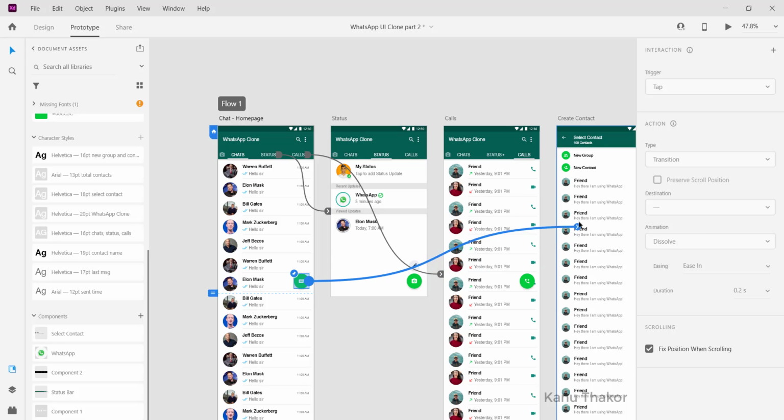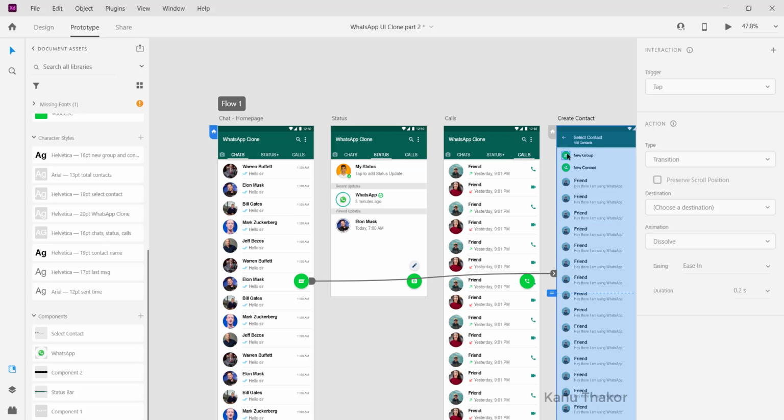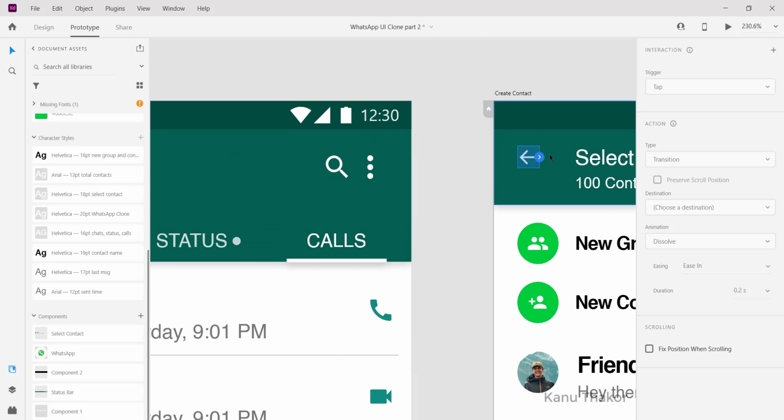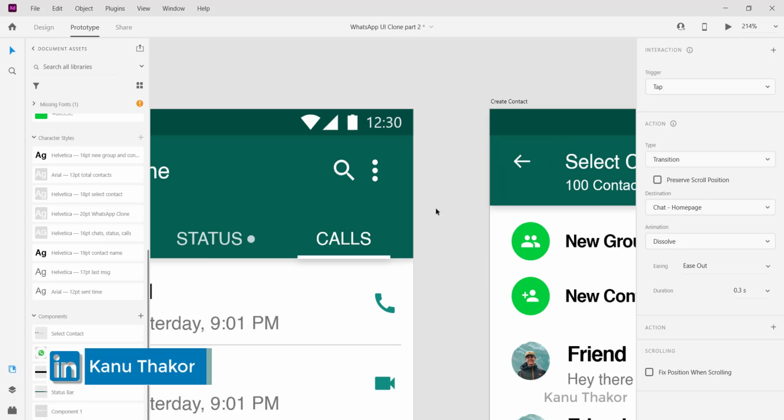Now let's jump to the prototype section, and here in prototype section, whenever we click on this icon, it will bring us to this select contact page, and whenever on this contact we click on this icon right here, you can choose from here that it will bring us to chat home page.